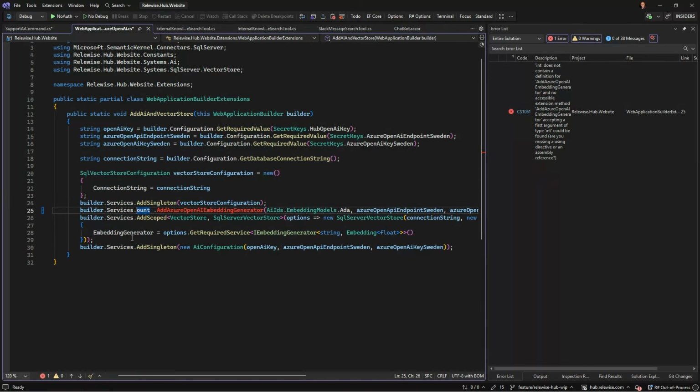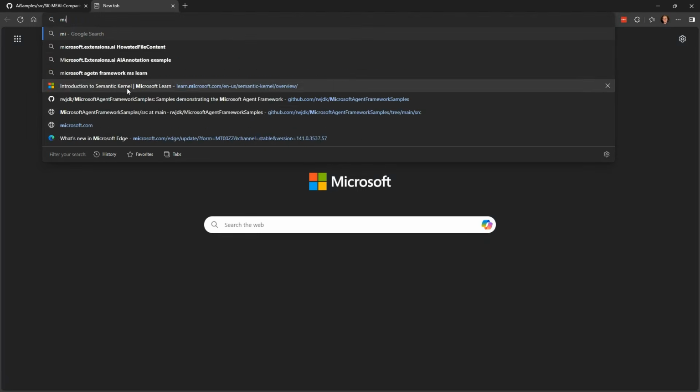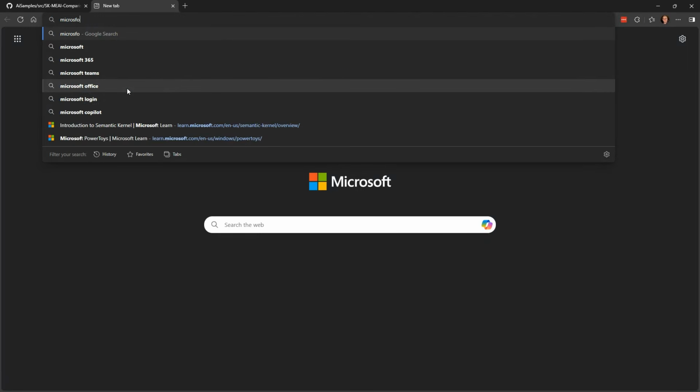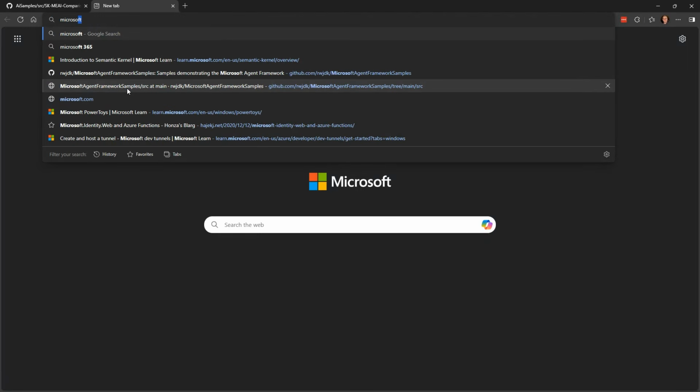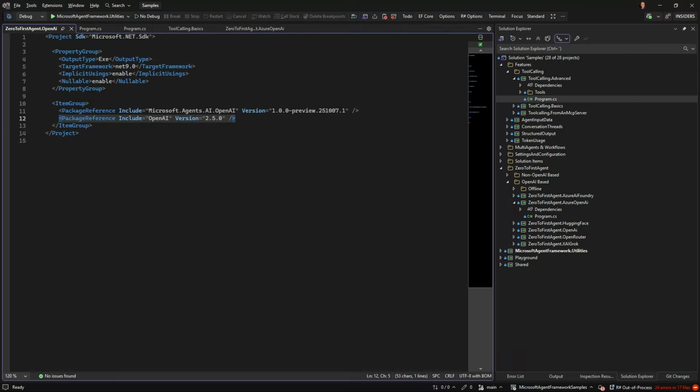So let's see, how can we do dependency injection of that? I think I need to go Googling a bit. Microsoft. No, I actually have it in my AI samples, which is not this one.